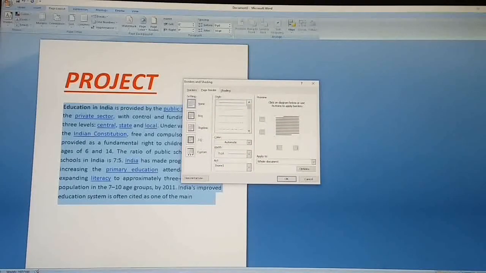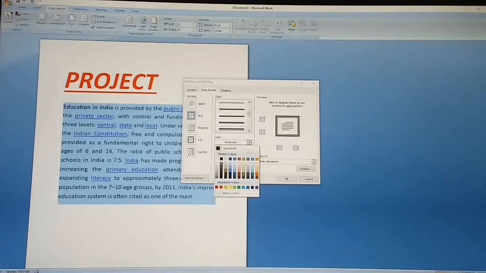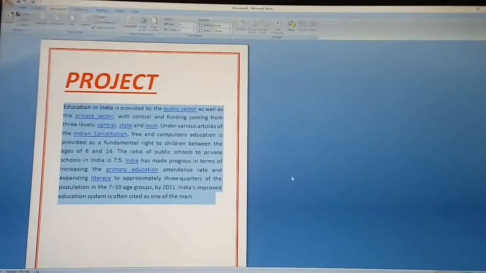Okay, then we'll go to the page border option, Page Layout, Page Borders. Here some borders are there, just click. Some border styles are there, thick lines, you just choose, and you can give colors also, border color, then click on OK.